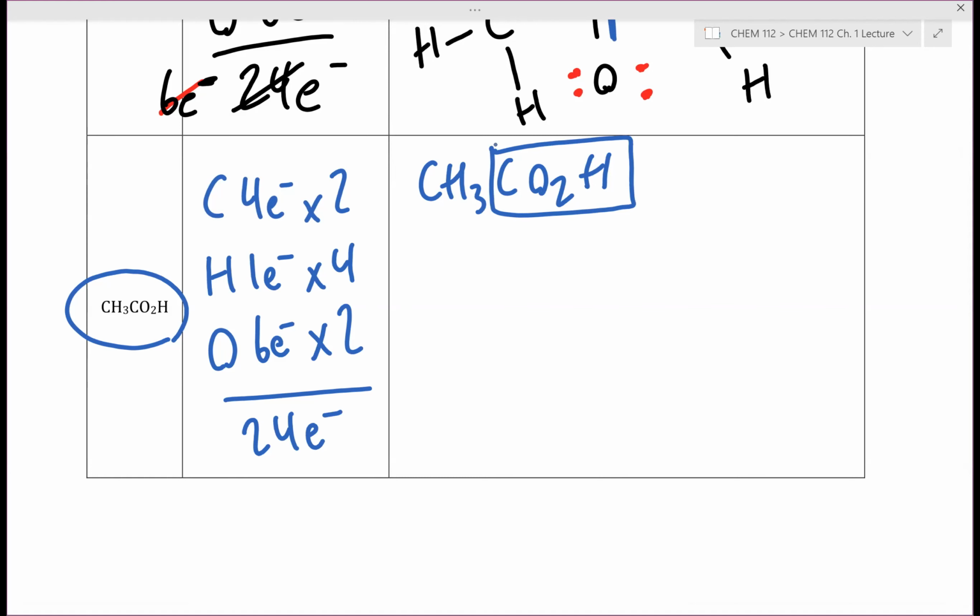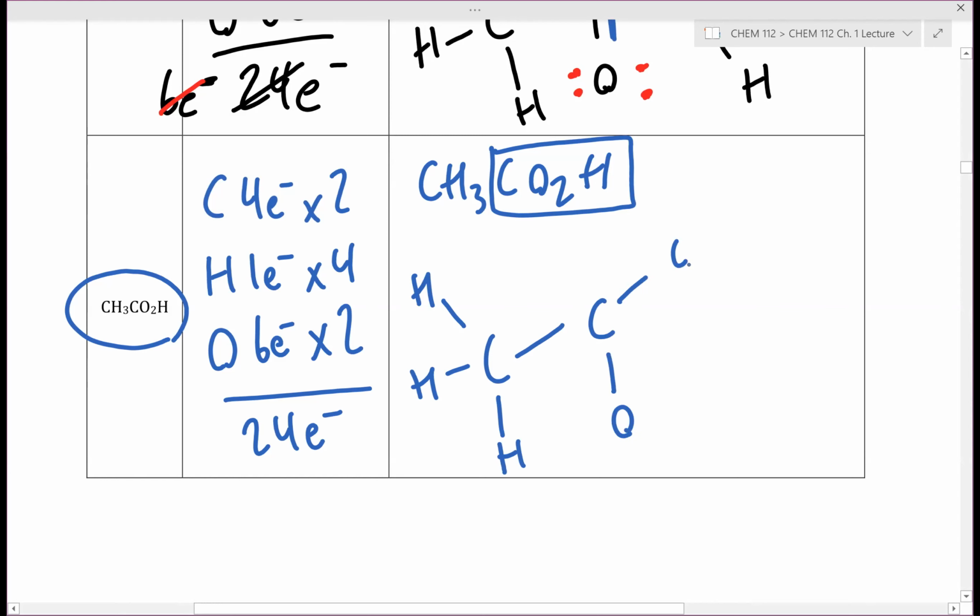Now, looking at this formula, what's our first structural motif? A carbon with 3 hydrogens attached, or a methyl group. And that carbon is attached to what? Another carbon. Now, we know that this carbon is attached to 2 oxygens, and there was a lot of